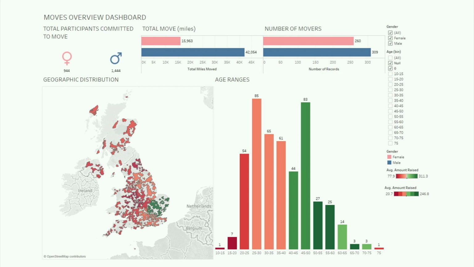And I think he did a great job with this dashboard. He's taking advantage of a lot of Tableau's defaults, a lot of visual best practice, right? We're not seeing a ton of crosstabs. And most importantly, he's answering his analytical questions, right? So he's trying to figure out, okay, which regions in the UK are doing the best? How many total miles did people move throughout the month? And then how much did they raise by age group?